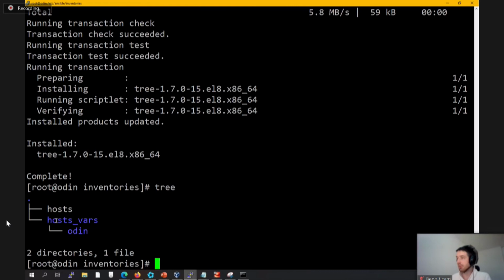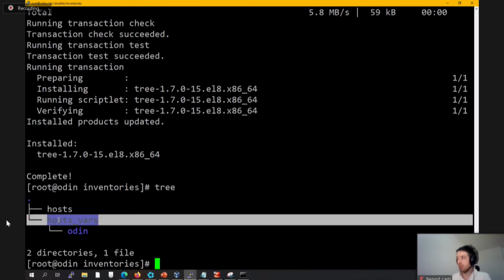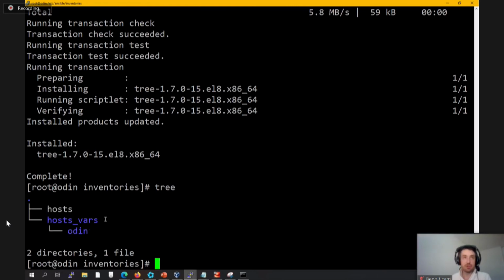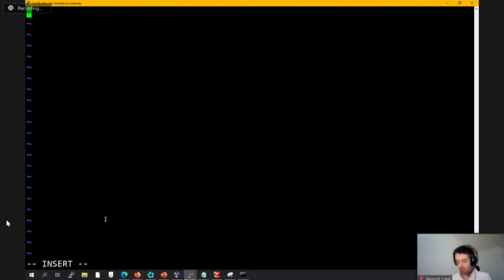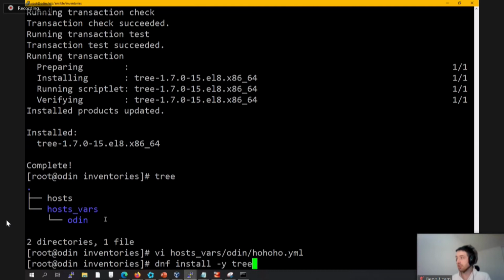You see now I have my hosts file, a host_vars, and Odin. And I will define a variable in the host_vars Odin folder. I will call it, I don't know, HTML, and I want to set the color to blue. Okay, so I create a variable color blue. If I check the variable now,